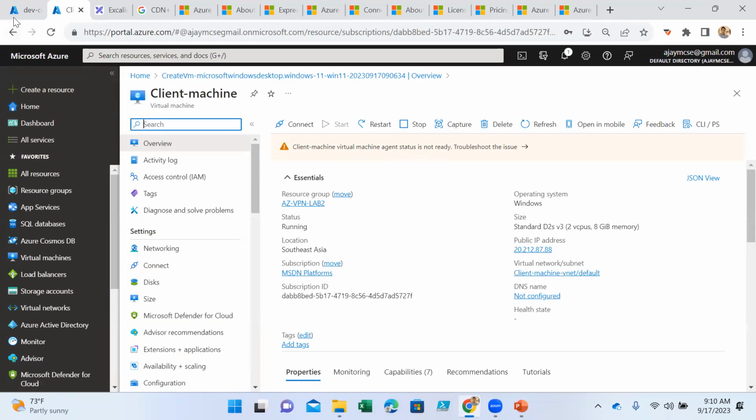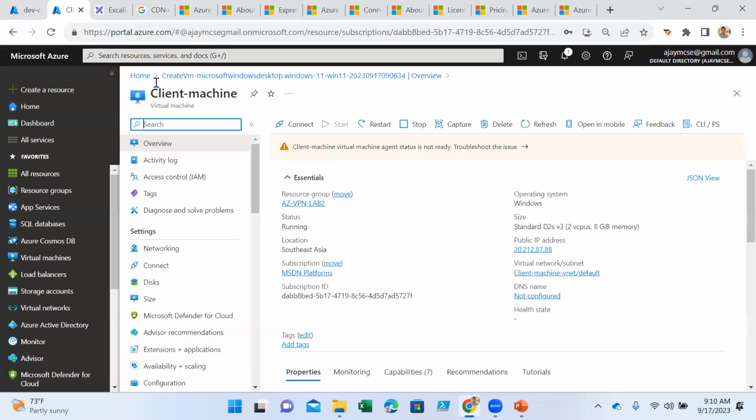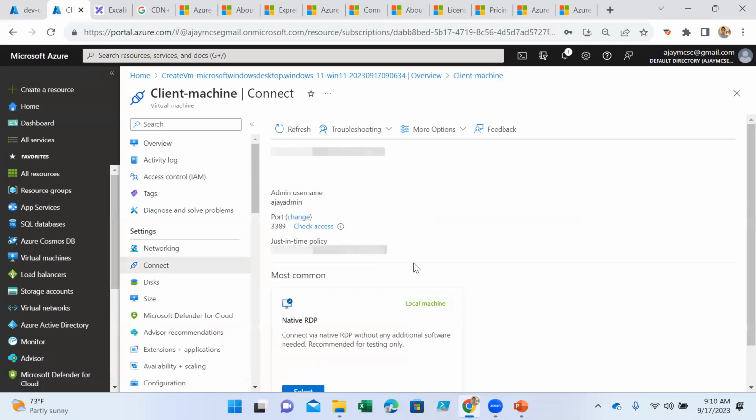So our agenda now, and the intention, is that from this client machine I should be able to connect to this server using the private IP address. Okay, so for now, if I connect to this client machine,